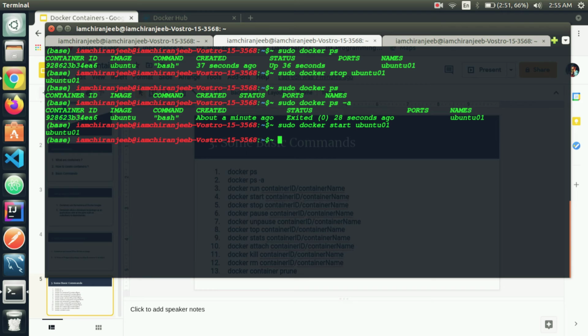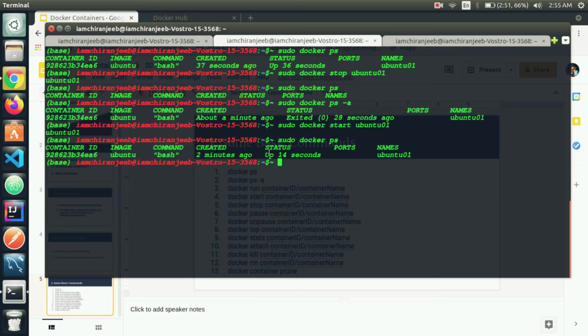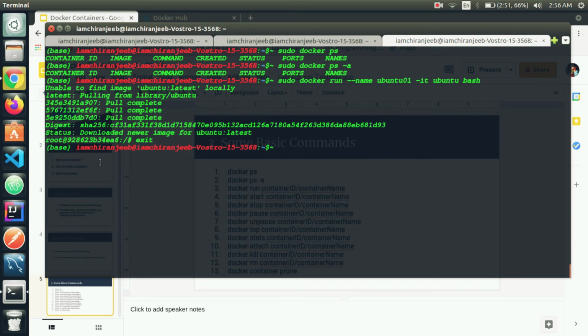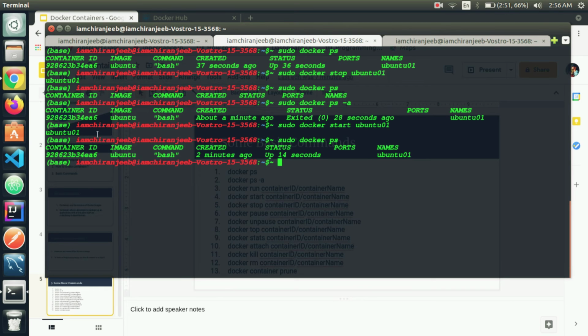Now my container has been executed successfully, that means my container is running. Now see all the running containers. Here my container is running, but this time it is not in interactive mode like before. Earlier the container was in interactive mode, but here the container is not in interactive mode.